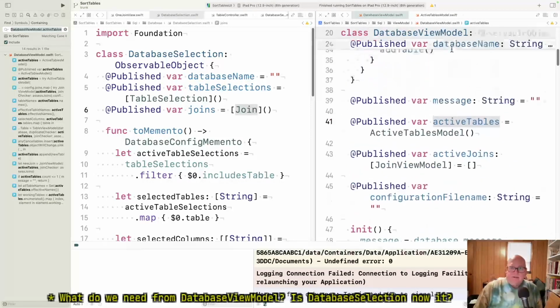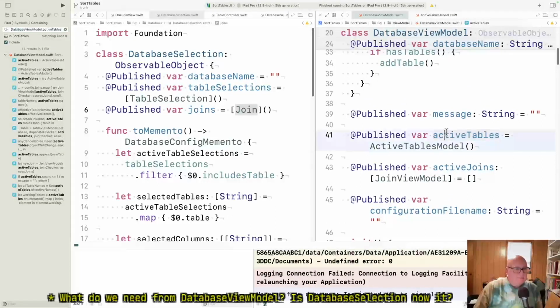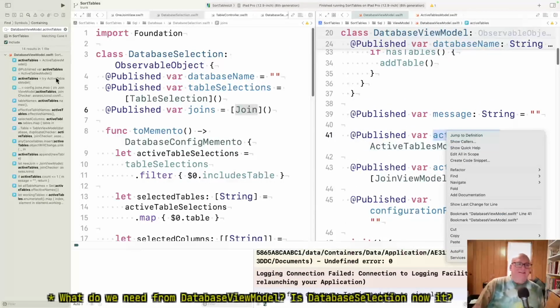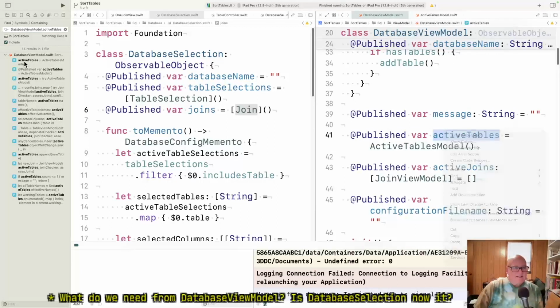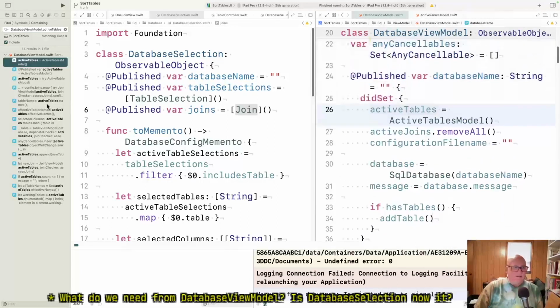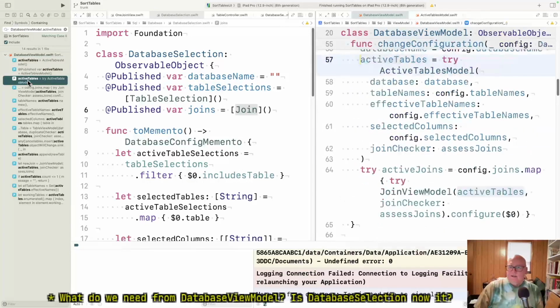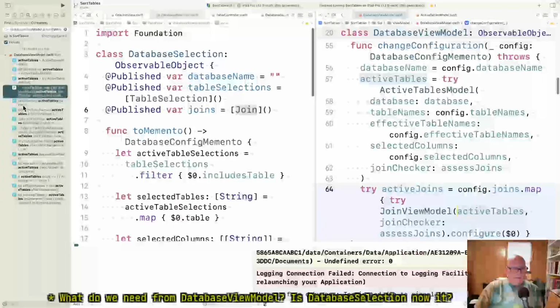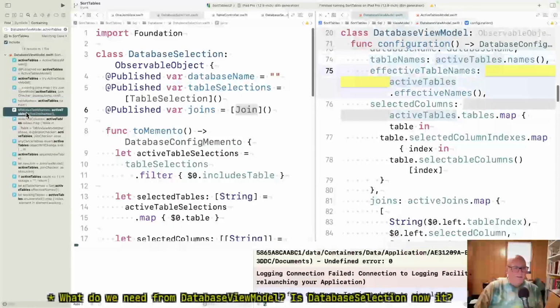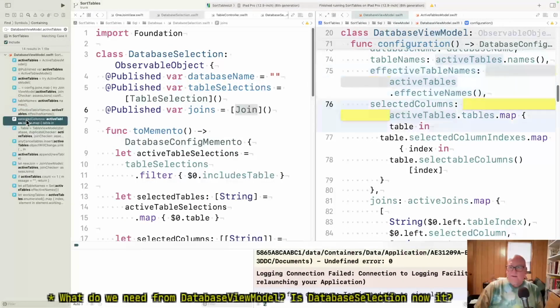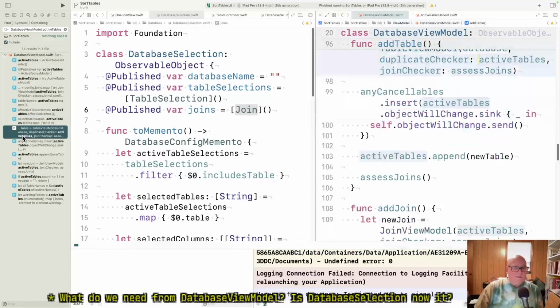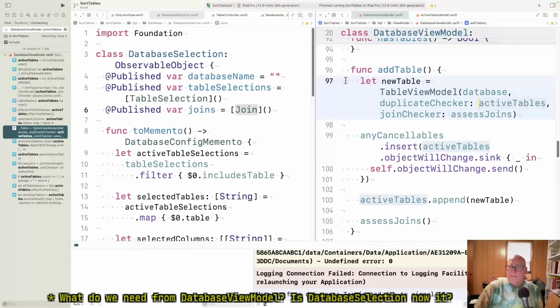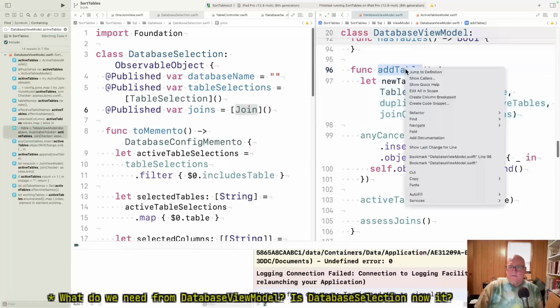That can't be right. The class itself must... Oh, that's not a test. Okay. All right. So, what's going on? He keeps track of the tables. He publishes them. He tracks them when you change configuration. He updates the list of tables. Active joins needs them. Active tables. When you add table. Now this one,